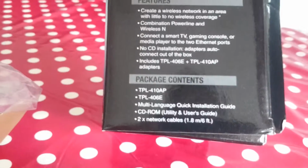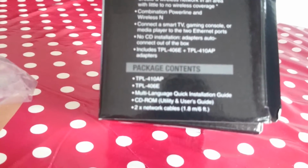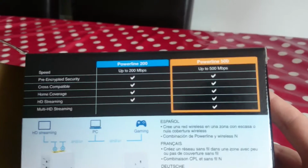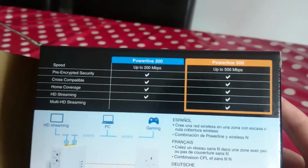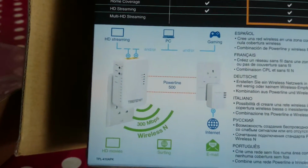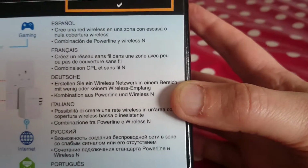Package content: TPL-410AP, TPL-406E. This is really awesome. Here's the back of the box. So this is the Powerline 500, up to 500 megabit speed, pre-encrypted security, cross-compatible, home coverage, HD streaming, multi-HD streaming. Here's the diagram. Here are the different languages: